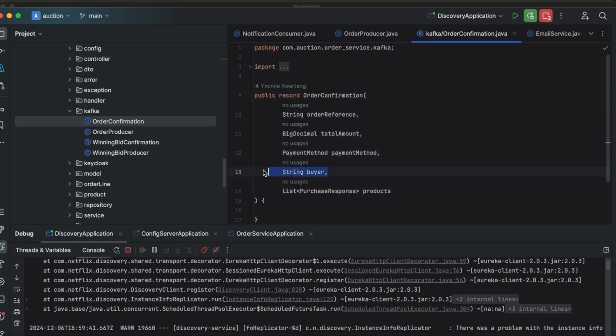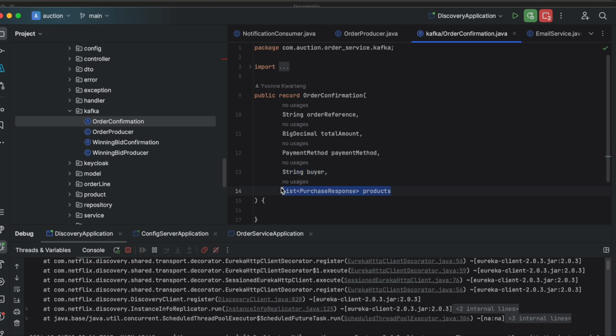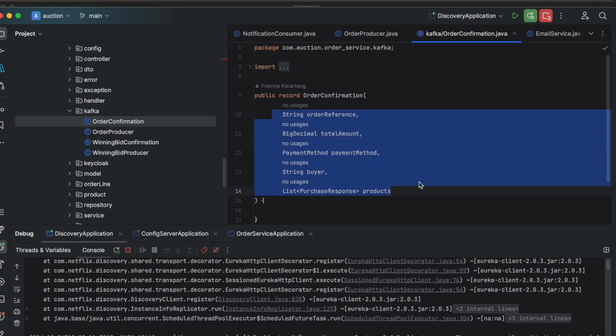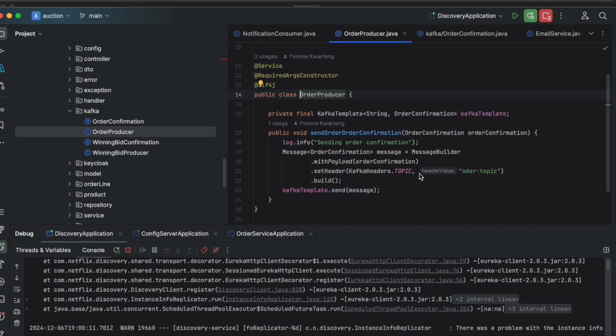This is the buyer, the username basically, and this is the products, the method, the total amount, and the reference is exactly the same, sent to the notification, right? Okay, and then the order, this is the email we are sending to the Kafka thing,